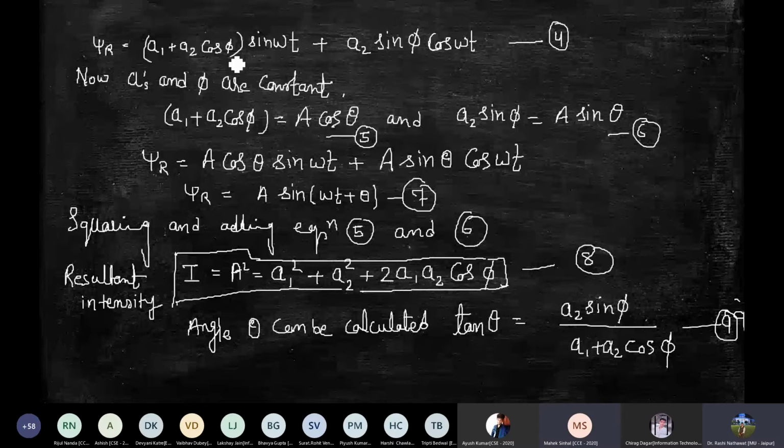So although these are the amplitudes, they will have fixed values at a particular point in time t. So we are assuming it to simplify the calculation. So we have taken this a cos theta and we have taken this a sin theta. Either in physics or in mathematics, we need to assume something to simplify the calculations. Okay, thank you ma'am. Yeah, so technically we are assuming it.